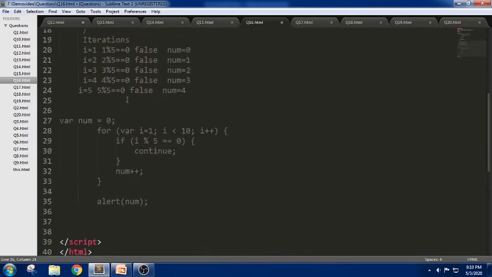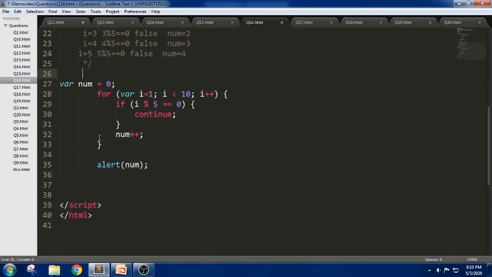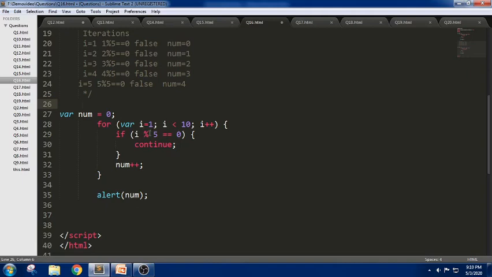In the next snippet, it follows the same logic, but in this we have continue. Here it will follow with 1 modulus 5 equals 0, it will continue 2, 3, 4 and 5. It will skip the fifth value, so as the num value is 0 here, it will generally repeat till 9 values, but it will decrement as the 5 is skipped here, and the answer is 8. So this is how